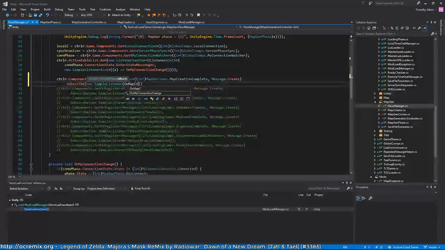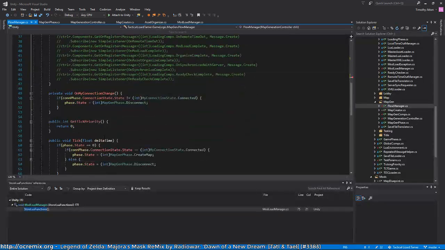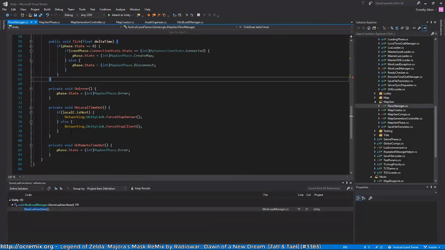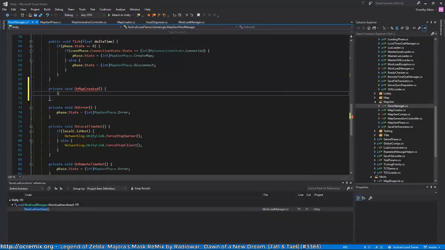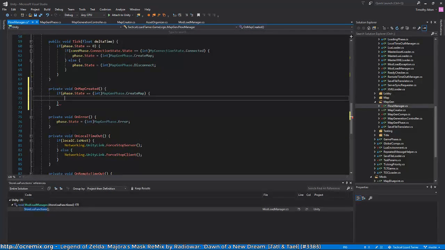So on map created. So private void on map created. And if phase is in the correct state, gen phase, what is it, create map, then we go ahead and move to the next state, which is,